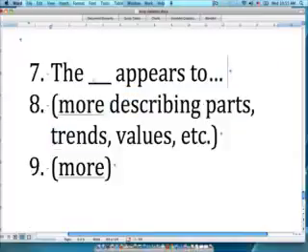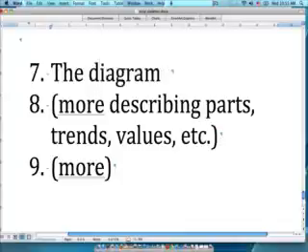So this could be the graph appears to, or the chart appears to, or the table shows, the table depicts, or as the graph makes clear. Okay, so for us, we're just going to talk about the diagram. So the diagram appears to